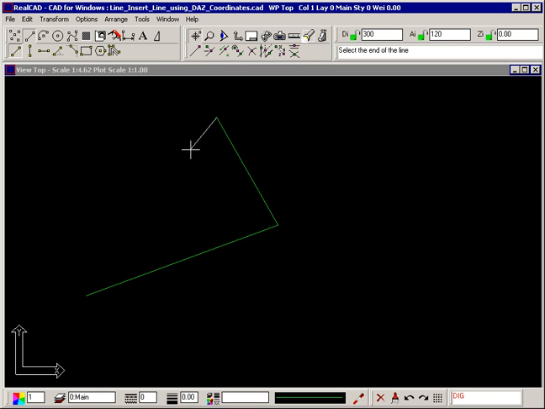To draw a line going down and to the left, the angle would have to be greater than 180 degrees. Or it could be less than 180 degrees, but the angle would have to be negative. For example, to draw a line 400 millimeters long at an angle of 45 degrees below the horizontal, you would press D on the keyboard, type 400,